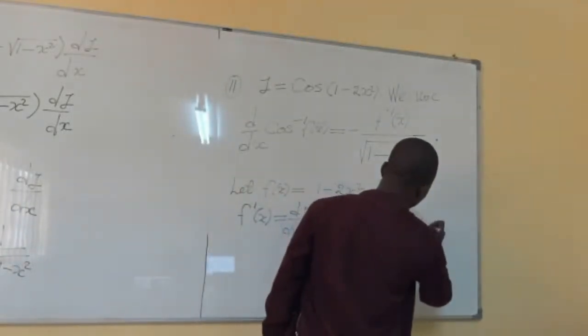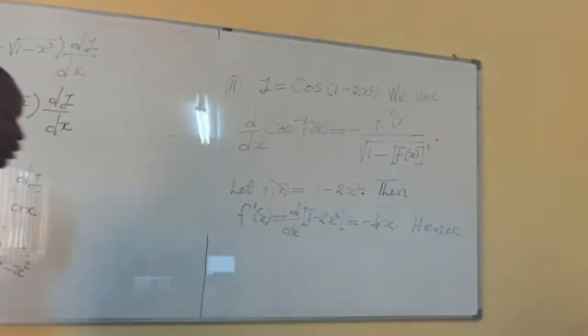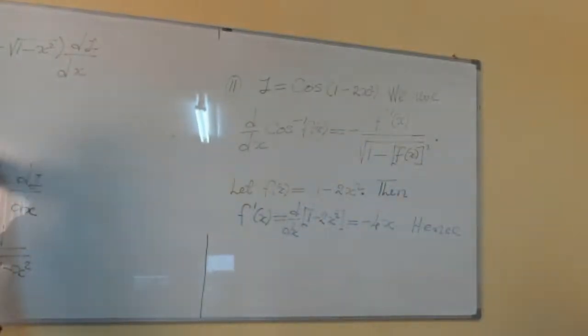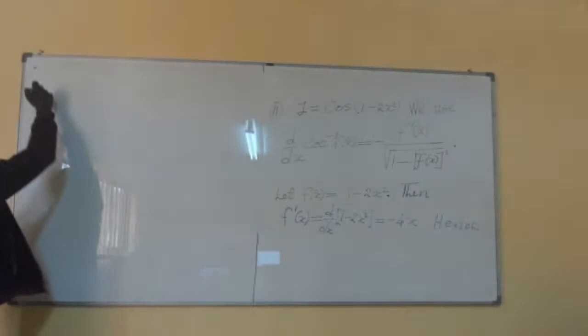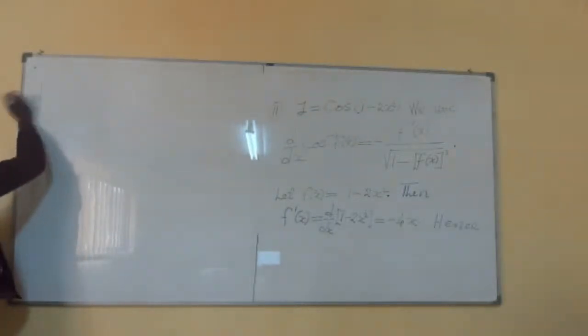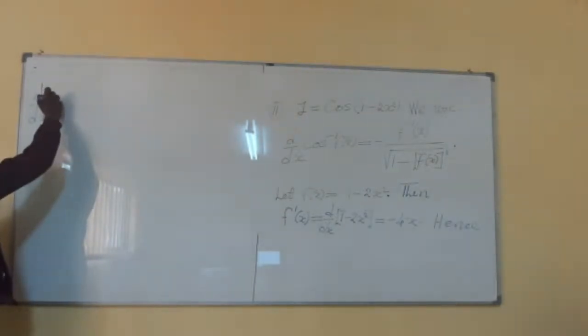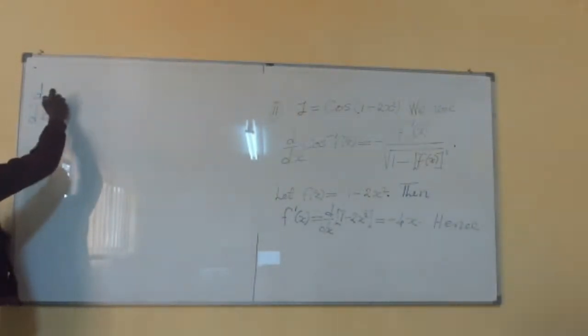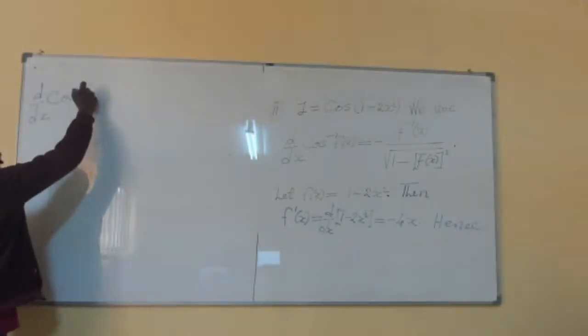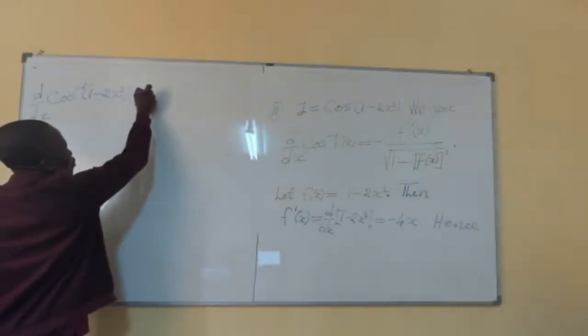Hence, we now start substituting everything in this formula. This is what you're going to do. You now start substituting whatever you have found here into that formula. Hence, the derivative with respect to x of our function, cosine inverse of 1 minus 2x squared, is equal to